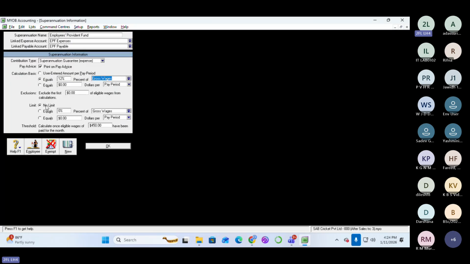Right. And then here you can see there is no limit, because in certain cases you can impose a limit, where the EPF will be deducted only up to a certain point. But in our context, we don't have that limit. Whatever the salary you are getting, 12% will be paid. Okay. Then here,